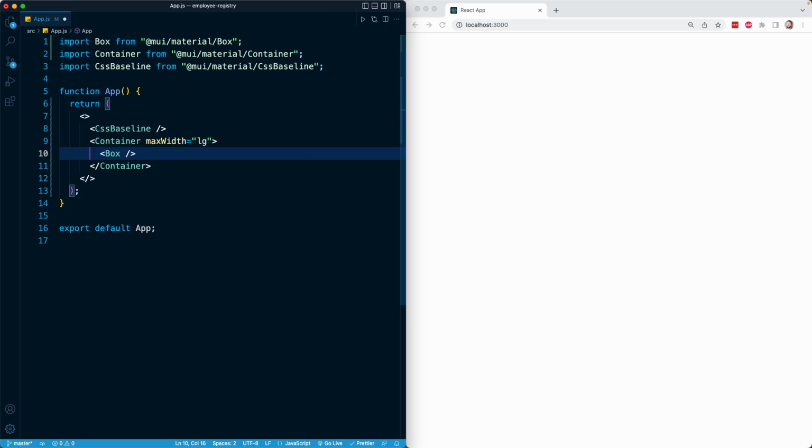And this is going to be a big blue box that occupies the entire height of the page. So our container is kind of the centering thing and the responsive container around everything, and this box is going to actually create the background here. So this is going to be a self-closing component, and